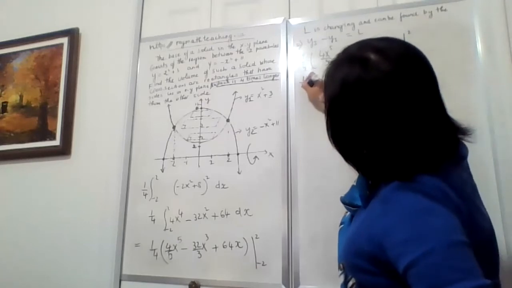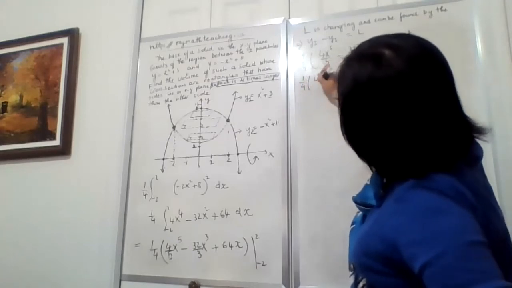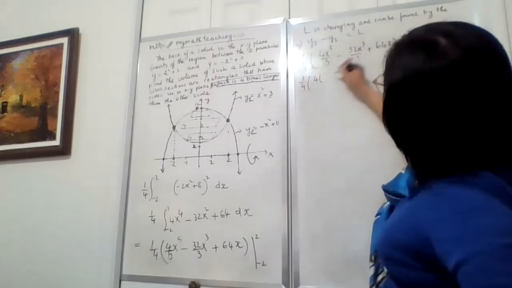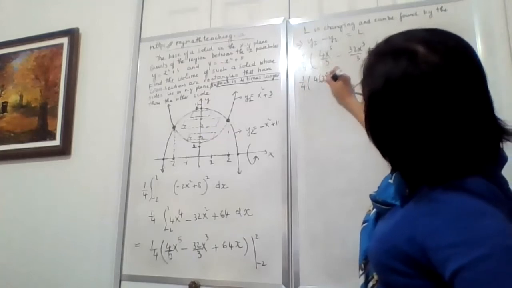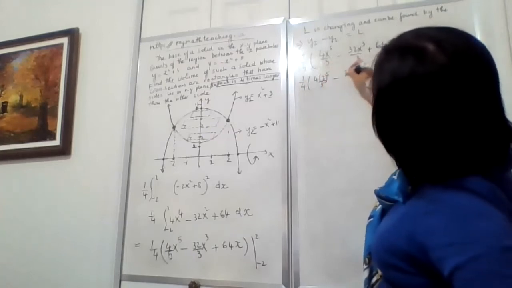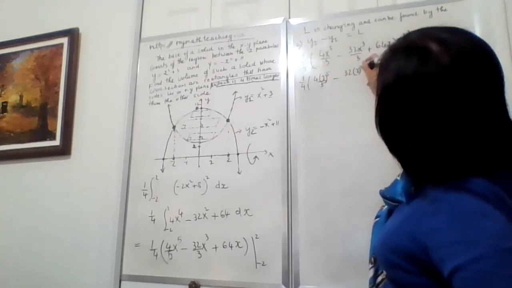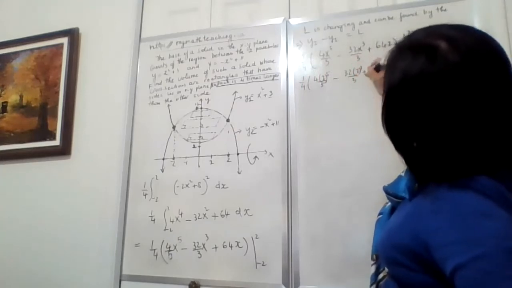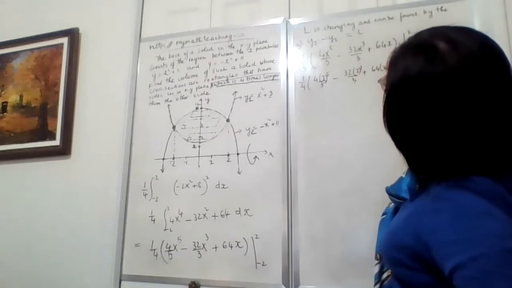So everything here will be substituted by 2, right? So 2 here will be 4 times 2 to the power 5 over 5 minus 32 times 2 to the power 3 over 3, adding 64 times 2,